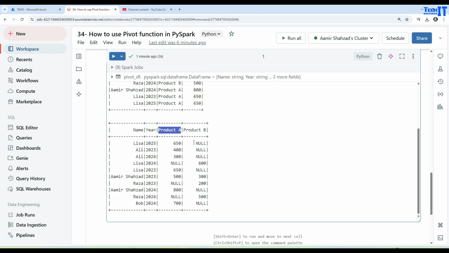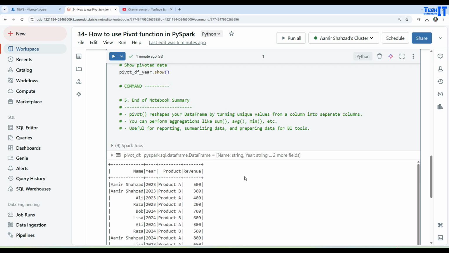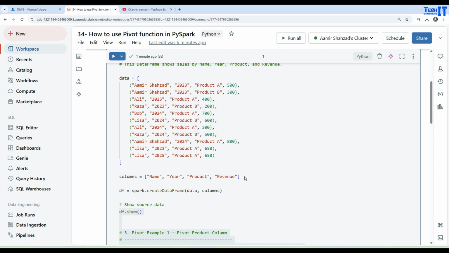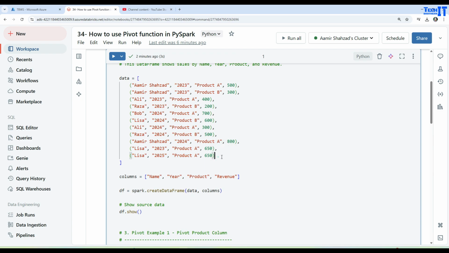Now you are not adding any column manually. It automatically generates a next column for it. So it is going to go ahead and create a column right here, right next to the product C. So I will go here, and now what I'm going to do is go for the same record for Lisa, and here I will put another record. Okay, and then here I will say product C, and then